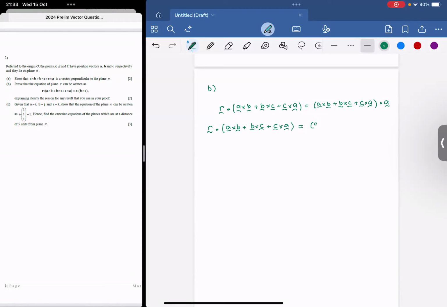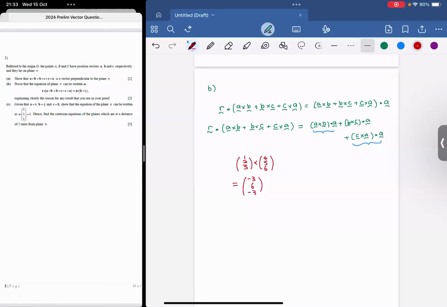So this will become A cross B dot A plus B cross C dot A plus C cross A dot A. Okay, over here, these two things are actually equal to 0. How come? You remember what I always say: if you take 1, 2, 3 cross 4, 5, 6, you will get 12 minus 3, 6,